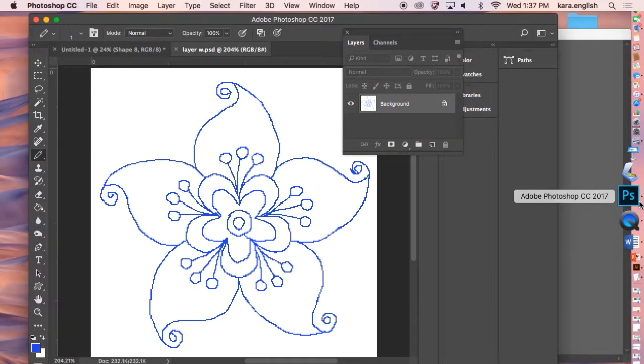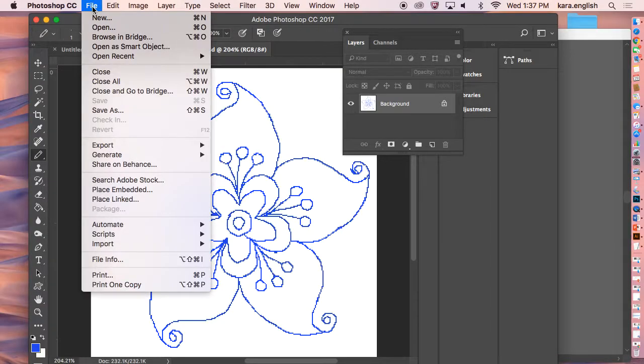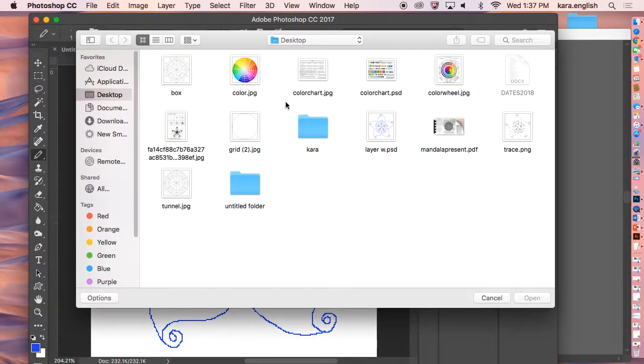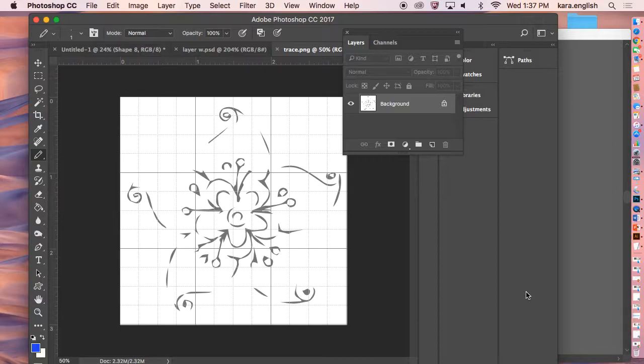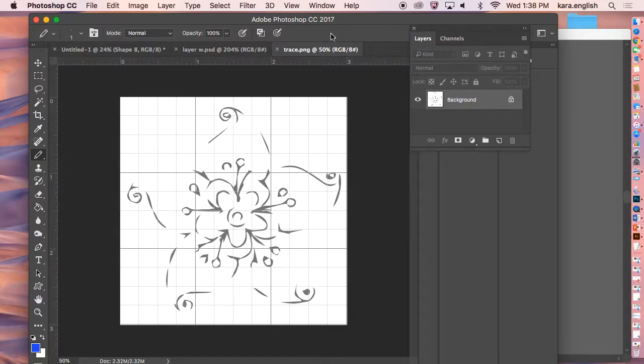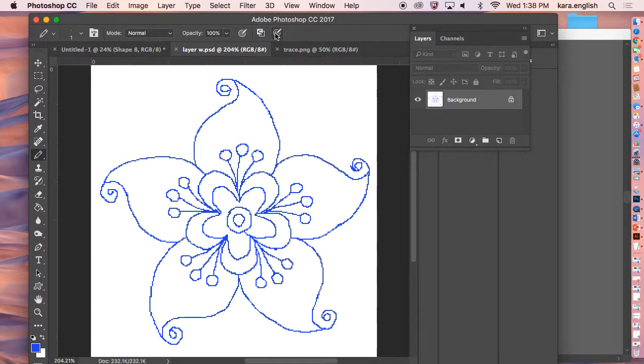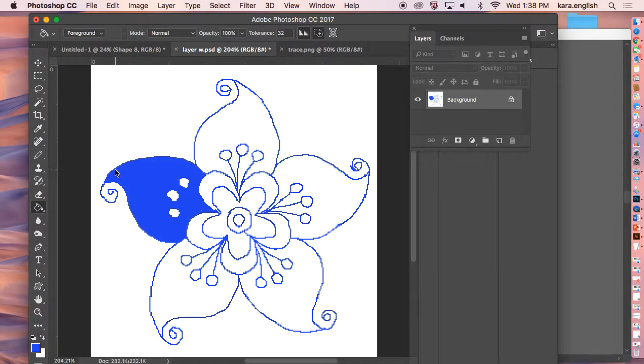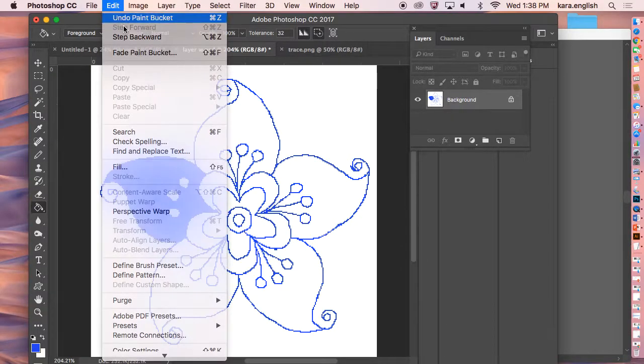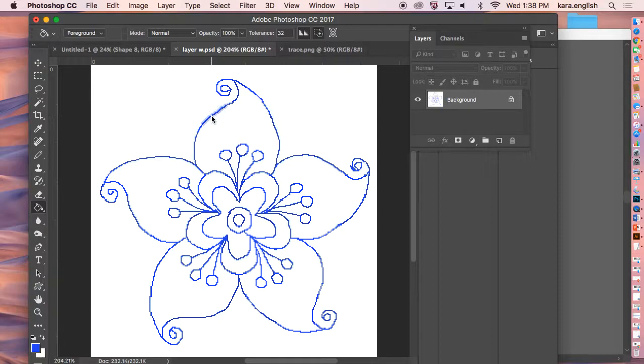So basically then I go back to Photoshop and I will go to open, and we'll look at opening the PNG, and it does not look like it saved all of my lines. So in order to do that, I'm going to make my lines a little thicker by pouring my paint bucket on them. Whoops, that one didn't work that way. Well, we could pour it in, but I'm going to try pouring it just on the line, or we could go into